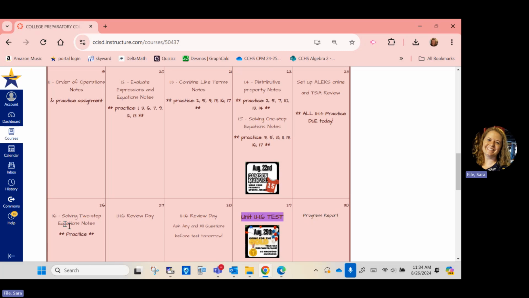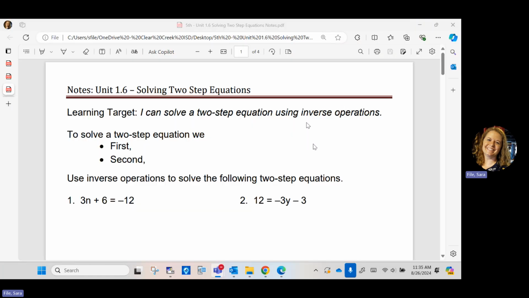Your 1.5 and 1.6 practice assignments are due tomorrow. All of the 1.1 to 1.4 practice assignments were due on Friday. Okay, so if you have those to turn in today, you'll be turning them in late, but we'll talk about more of that later. So let's get through our